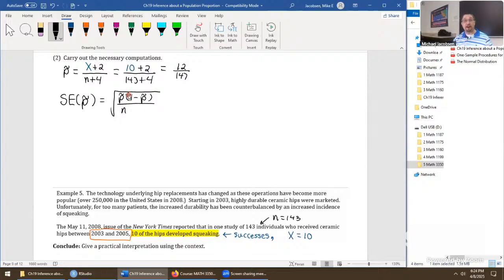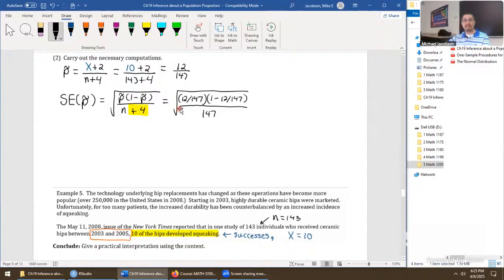And this is the spot I often personally make a mistake. N plus 4, in fact. That's worth highlighting right there. So if you have n plus 4 here, it should also emerge here as well. Filling in the information, if this was an exam question, you get all of your partial credit essentially on this line, even if you made a mistake on the computation. This is going to be using p tilde, 12 over 147, 1 minus 12 over 147, divide by n plus 4, still 147.